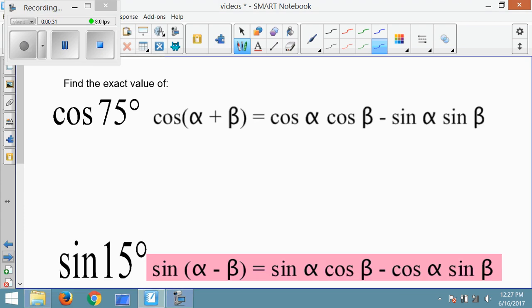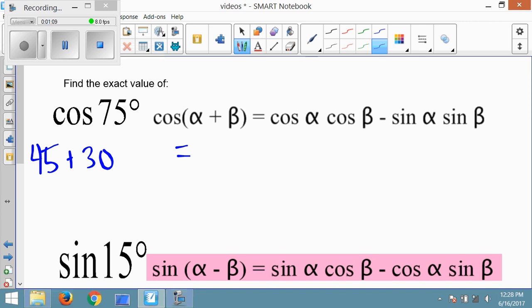So if you think about these identities that we have, cosine of 75 is not an angle that we know the values of sine and cosine for. It is the combination of some of them that we know well. If you think about 75, you can get it from 45 and 30. So if I wanted to find out what the exact value of the cosine of 75 was, this sum identity